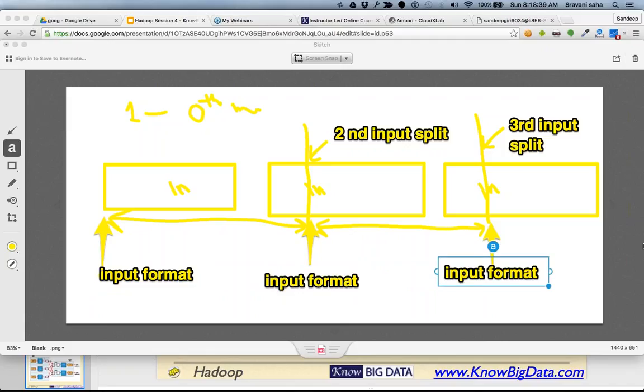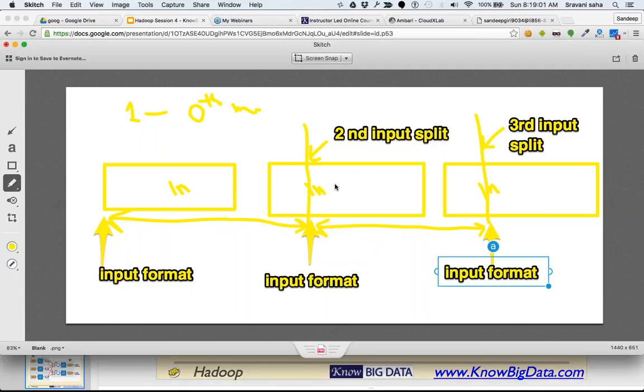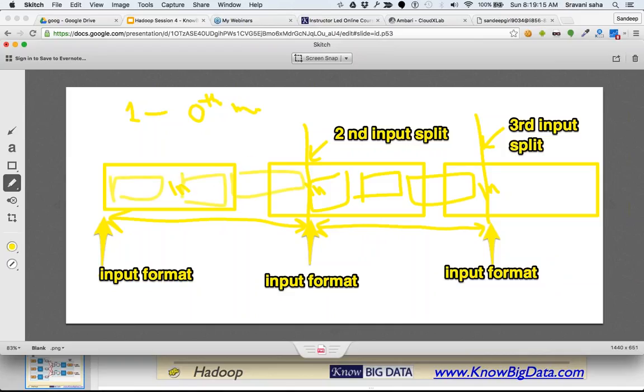of the beginning of the input split. And then once every input format on every node has identified the beginning of its input split, they will start parsing the data and create records afterwards. Did that make sense, Biswa? So then it will say, okay, there is another newline. This is one record, this is another record. Similarly, here also this is one record, this is another record. So out of the raw data, it will start to create